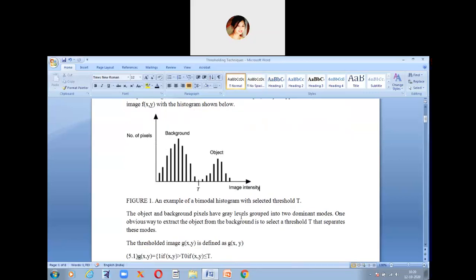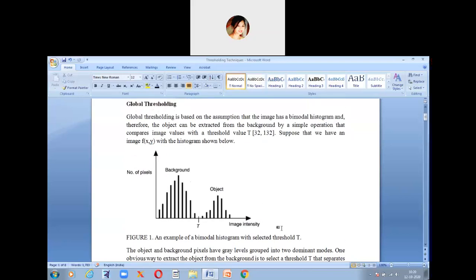Here the object and background pixels have gray levels grouped into two dominant modes. The object has its own mode, the background has its own mode, and one obvious way to extract the object from the background is to select a threshold that separates these modes. Just remember that global thresholding is based on the concept of a bimodal histogram, a histogram with two relative modes, or two relative data peaks.